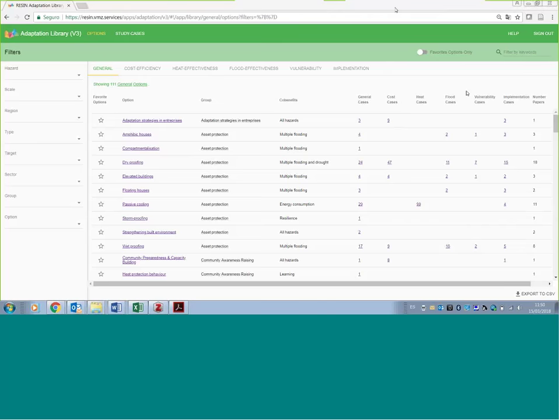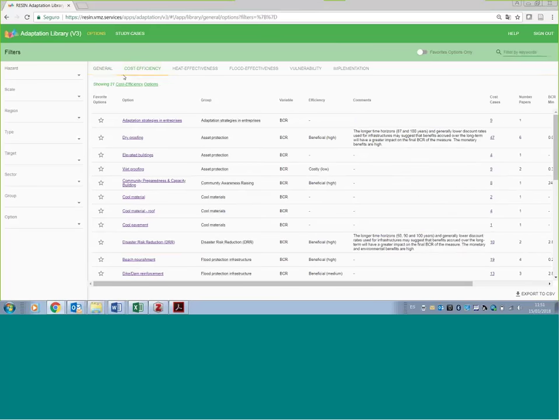So this information is provided in order to have a look quickly at which adaptation options have which kind of information, because we are not covering all the heat, flood or vulnerability information for all adaptation measures. For some we have all the information, and for others we have only one specific piece of information. So you can see this in the general table, and then in the cost efficiency tab